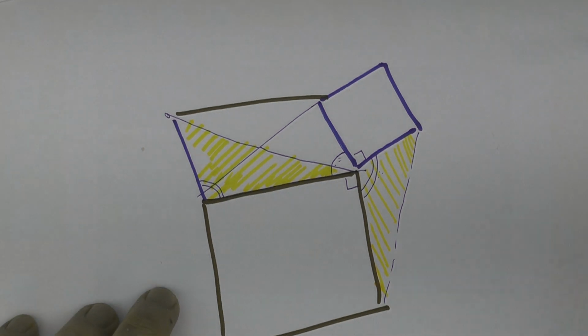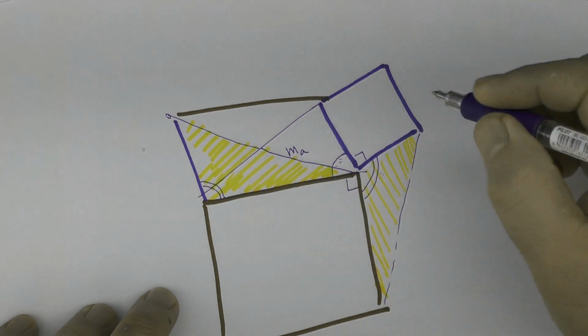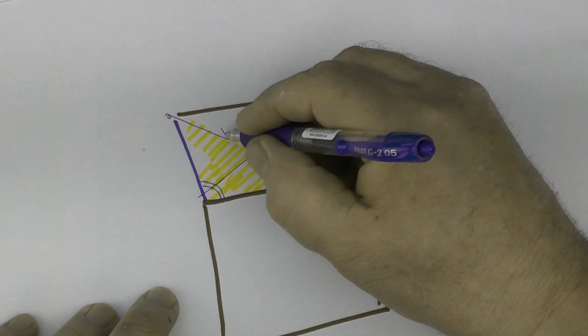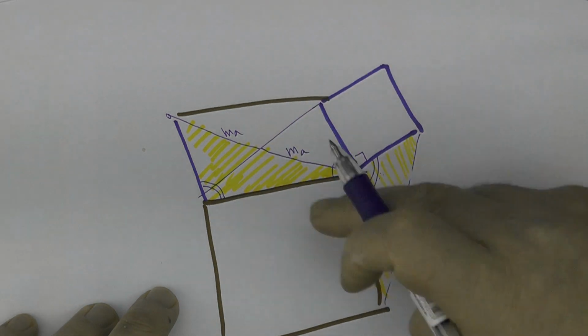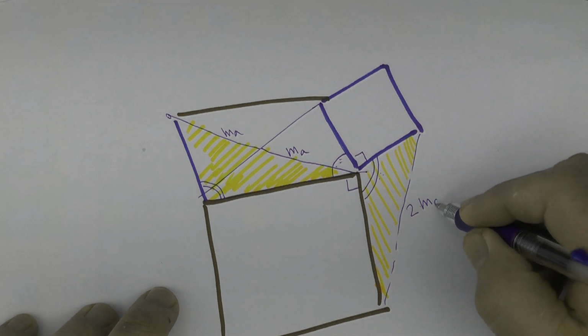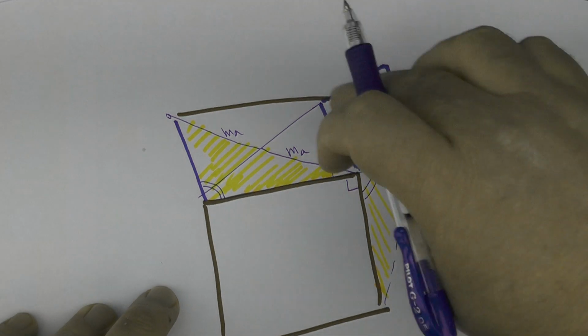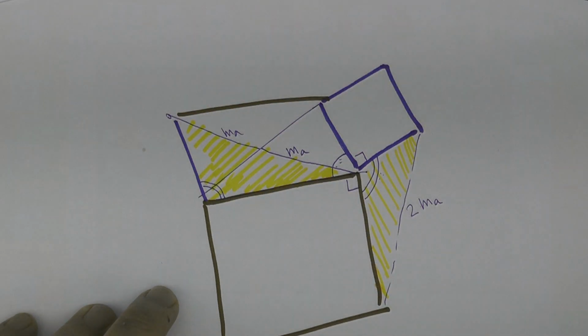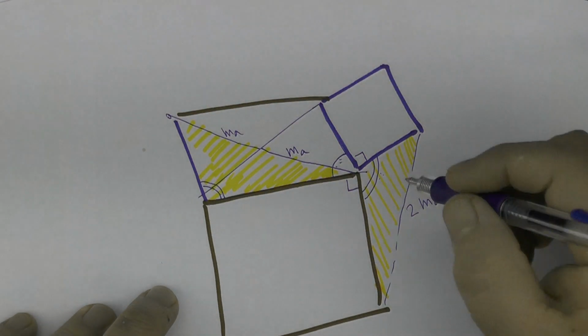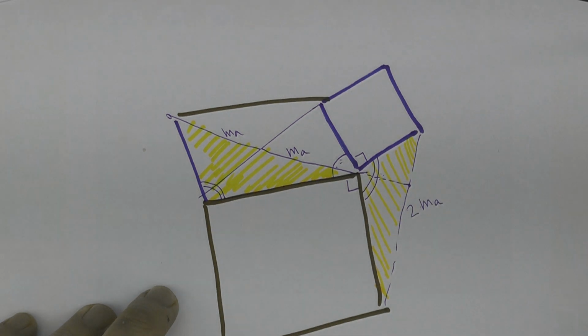Hence, if this is the median with length MA, this is twice MA, and this segment is equal to this one, and therefore it is twice MA. So we have this property, that this segment is twice the median of the other triangle. Not only that, if we continue the median until it hits here,